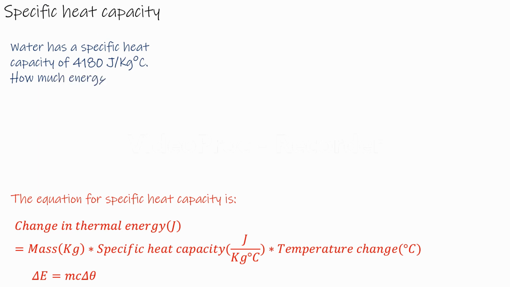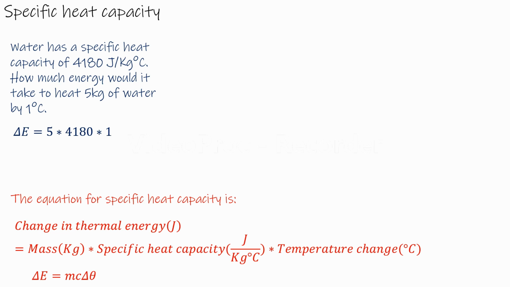So the question is telling us that water has a specific heat capacity of 4,180 joules per kilogram per degree Celsius. How much energy would it take to heat the 5 kilograms of water by 1 degree Celsius? All we have to do here is plug our numbers into this equation, so we can say that the change in energy, because we're looking for the energy we need, so we don't have to rearrange the equation at all,